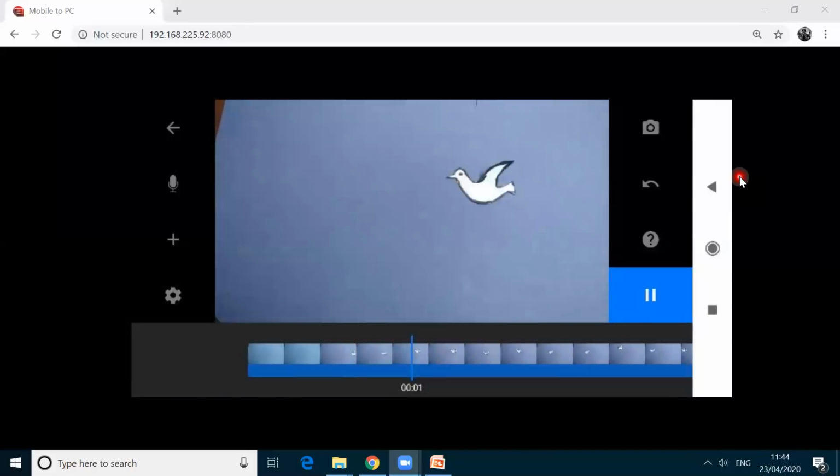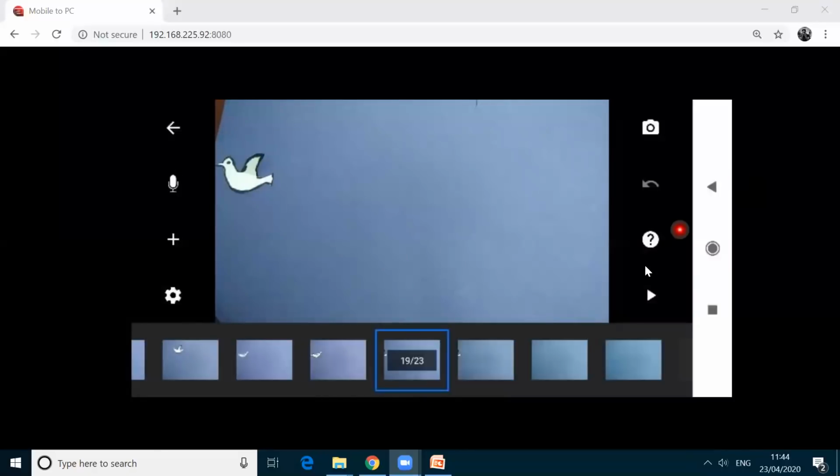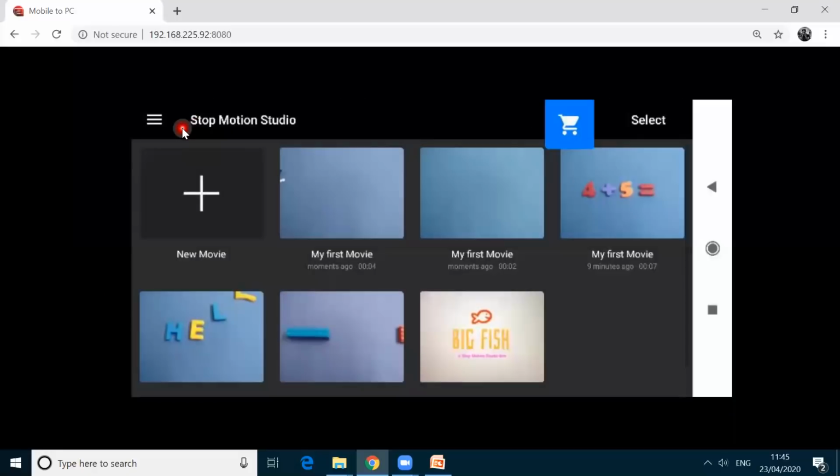And there is also another option. I'm clicking this stop, this pause icon, and then I'm going back. I'm going to add another movie. Clicking this plus icon.